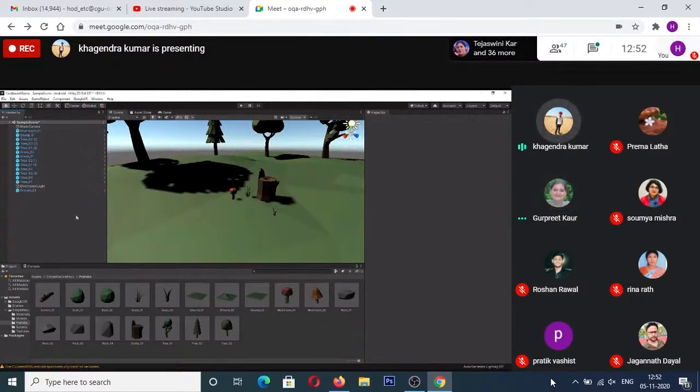So let's go ahead and arrange all these options into a game object. So for this, I'm gonna go ahead and select this plus button over here and click on Create Empty. If I click on Create Empty, it is gonna give me this game object. So I'm gonna select this and I'm gonna name it as environment.